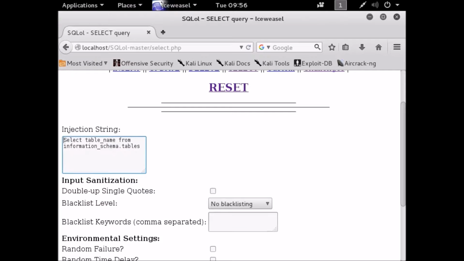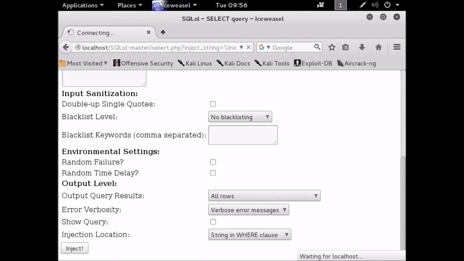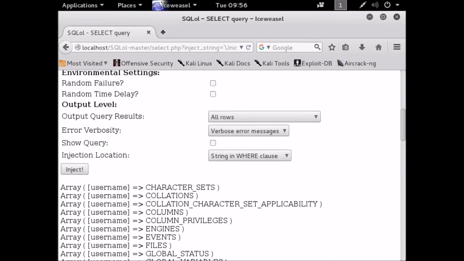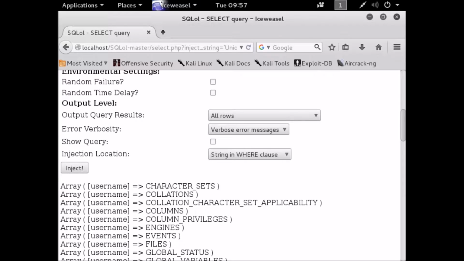But the problem is that we now have a select statement followed by a select statement. You need to comment out what's behind and the apostrophe. One way to fix that, which we learned in DBMS, is the union statement, which will allow you to join two select statements. So now if everything is correct, we can try injecting that, and what we get is the names of all the tables in the database.